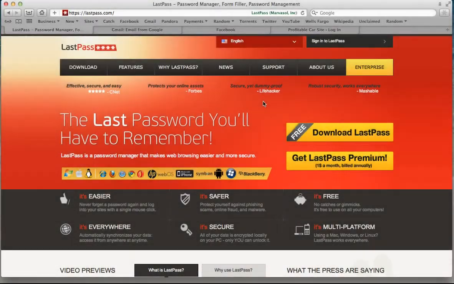Alright, so in our first tutorial, the first thing I want to show you is a program called LastPass, and it's lastpass.com. This is a database for all your usernames and passwords. By the end of this entire process, you're probably going to have 20 different usernames and 20 different passwords, and you don't want to write them all down on a piece of paper and have to look back and forth between your computer and that paper to know exactly what your usernames and passwords are for each one